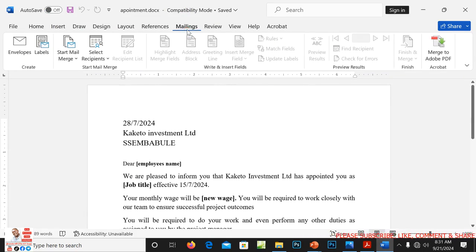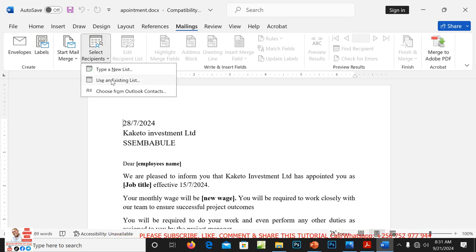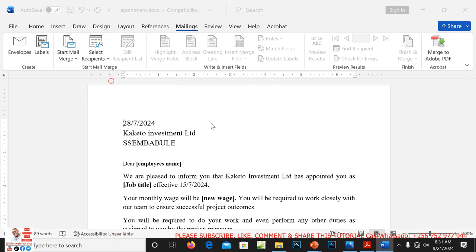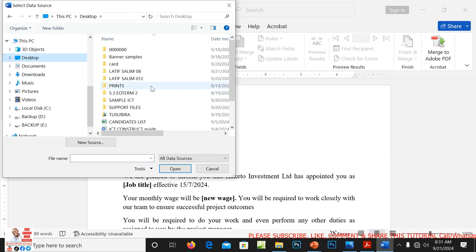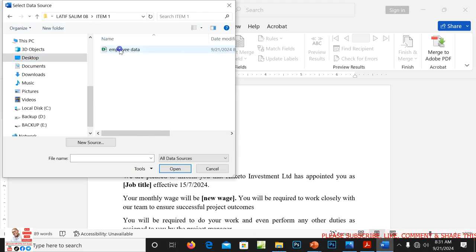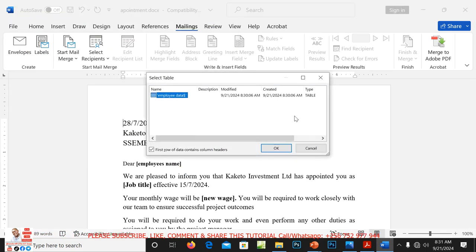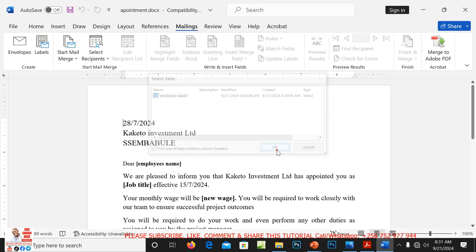We shall say mailing, then start mail merge, letters. Select recipients, use an existing list, of course. So we shall browse Latif Salim 08. So we shall use the data in our sheet.